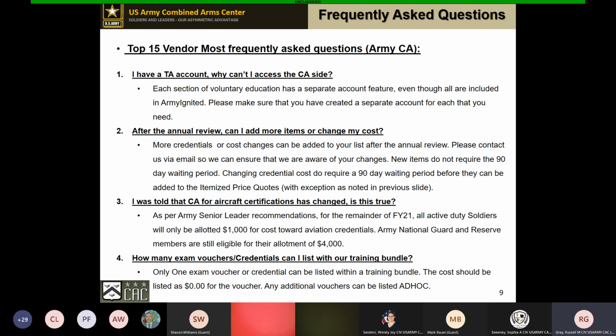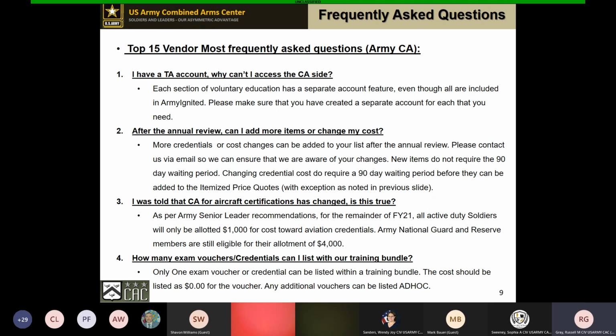Number three, I was told that CA for aircraft certifications has changed. Is this true? So, as per our senior leader recommendations that were sent out to each and every one of our vendors as they came about, all active duty soldiers are currently allotted $1,000 for cost toward aviation credentials.